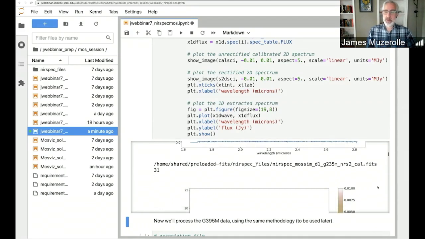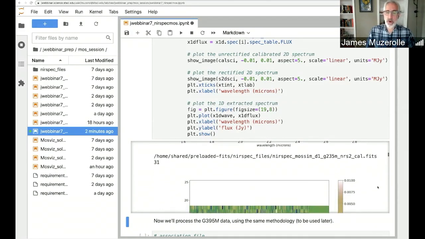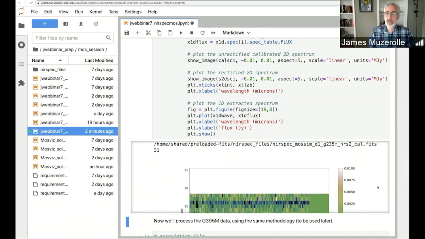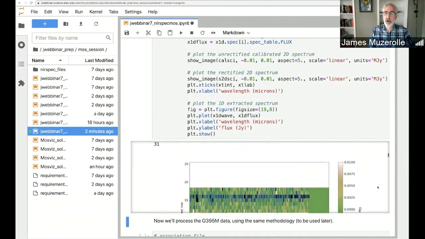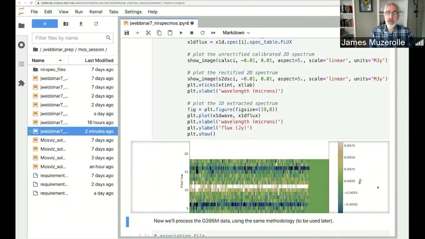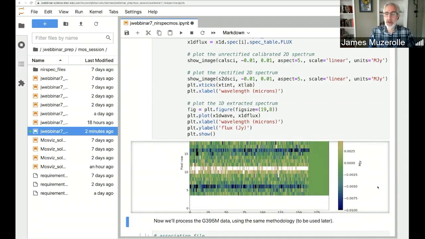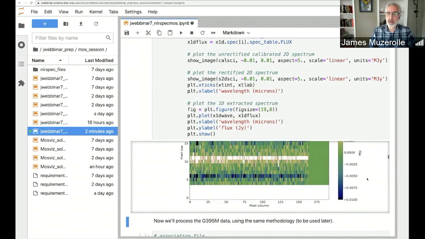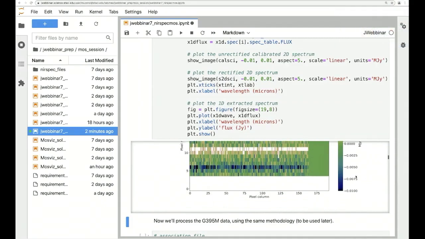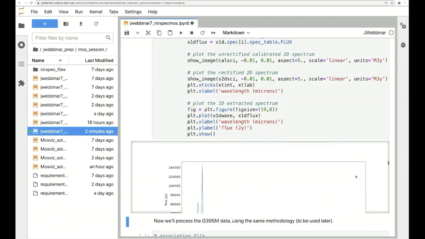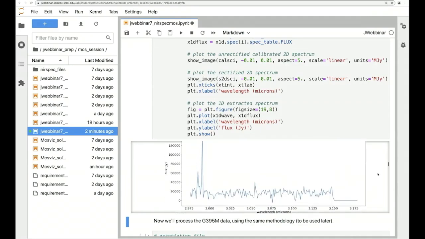And then subsequently, we're looping through all the exposures for both detectors. Here's the first exposure with the spectrum on the NRS2 detector. Since in this particular case, most of the spectrum was located on NRS1, there's just a short piece to extract on NRS2 that you can see here. Here's the same thing, the calibrated unrectified spectrum here, the rectified 2D spectrum here,